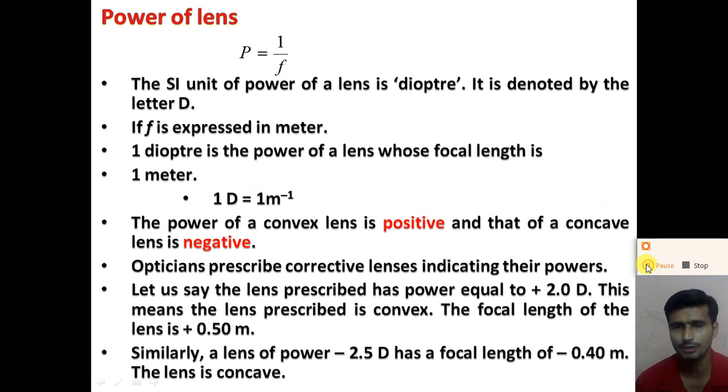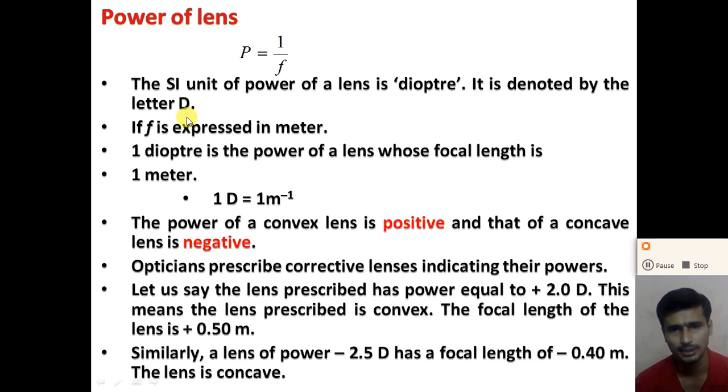The SI unit of power is the diopter. Power is defined as the reciprocal of the focal length, so from that we get the formula P is equal to 1 by f, and the SI unit of power is the diopter, denoted by capital D, right? If the focal length is expressed in meters, what is 1 diopter of power? The power of a lens is said to be 1 diopter if the lens has a focal length of